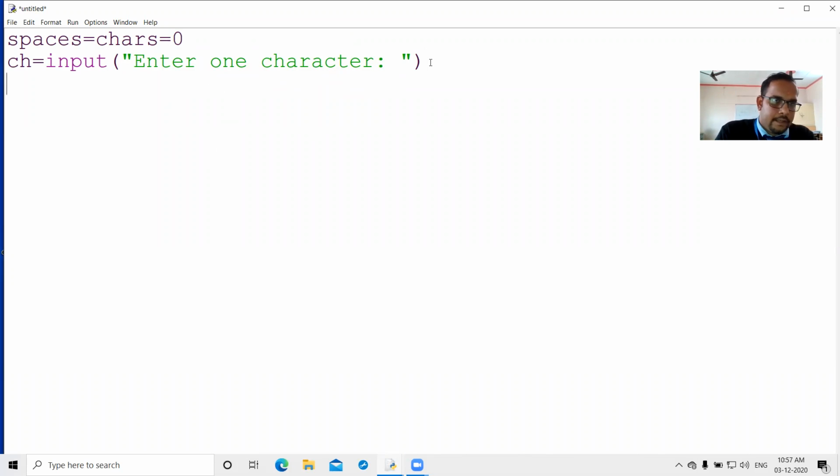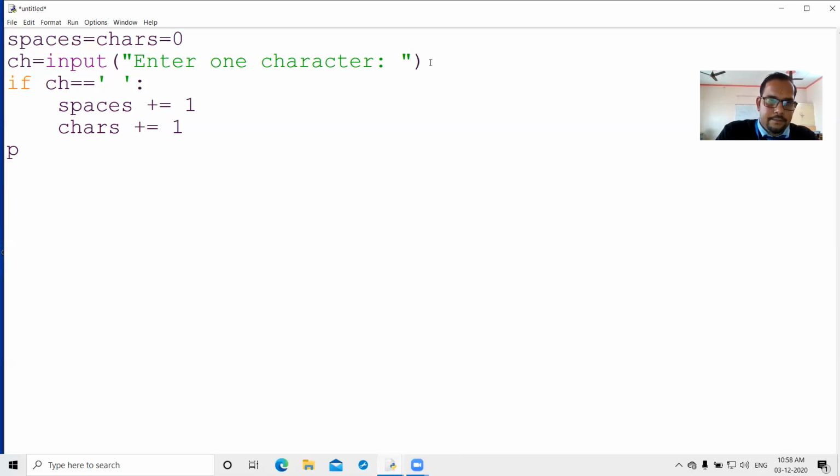Then if ch equals single quotes open, single quotes close, then spaces plus equals 1, then chars plus equals 1,